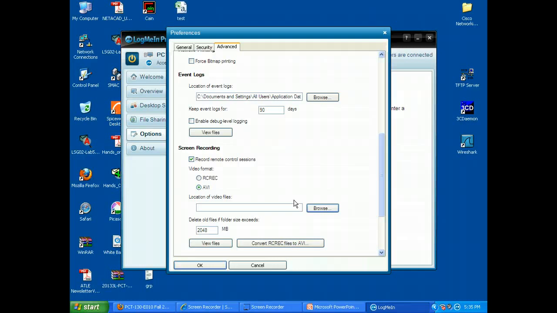It'll delete files when it exceeds this data length, and that's great because what I use this for is, say I've logged into a server to do some certain changes, and it might be 2 in the morning, and you're not too alert, you know, I'm not anyway. So you get up the next morning to go to work, I can fire up this AVI file that it recorded, and I can see exactly what I did. Boom, and record it. And what's great about it, if you have a team using it, as a manager, you can see what your team is